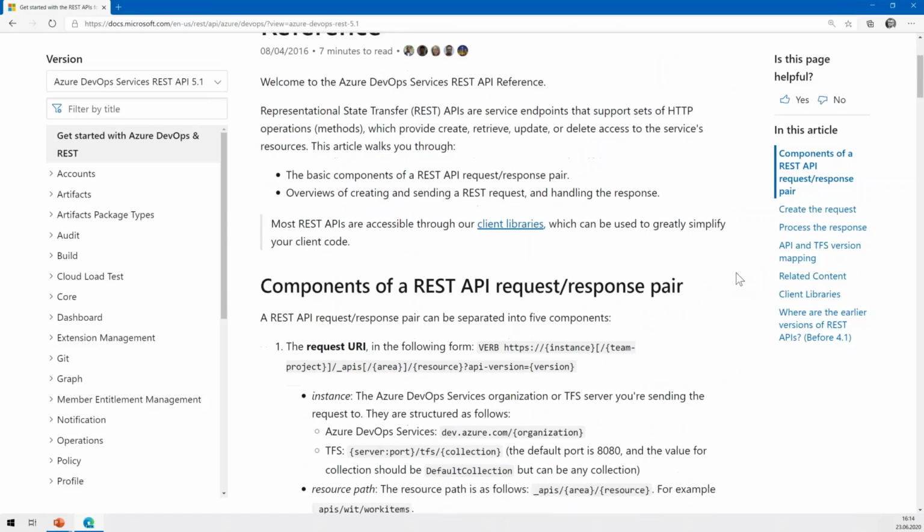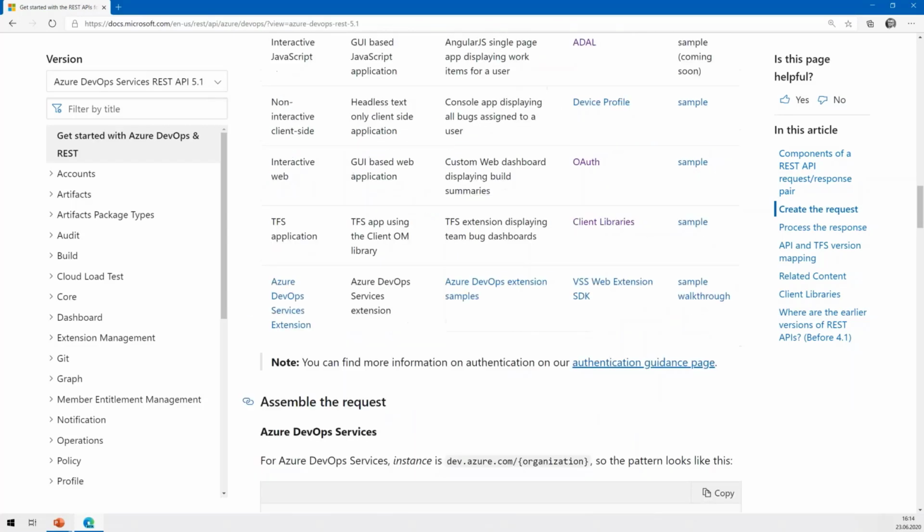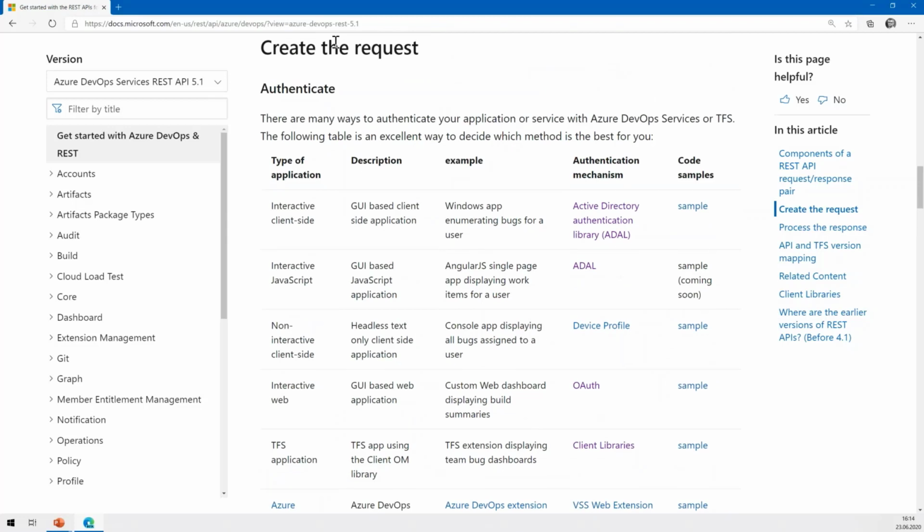Let me see. Exactly, that's under creating the request, we have the authentication information, and there are a lot of different options depending on the thing that you want to do. What we want to use now is called a personal access token that can be created through the GUI. I don't want to go through that. It's just a bit of clicking in the administration, and then you have your personal access token, and we can use that to do the authentication.